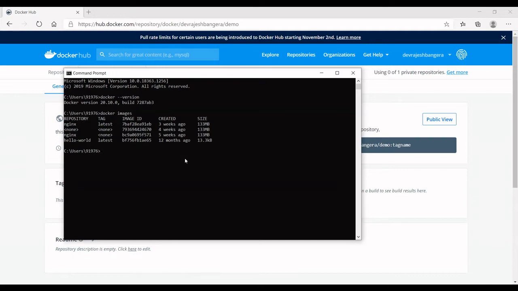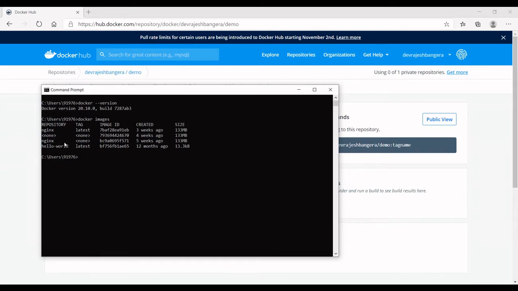The very first step in proceeding with the push command is that we need to tag the image that we have. So to tag the image, the command goes like this. Here is the command to create a Docker tag: docker tag, source image, that is this one for our example, and then target image.